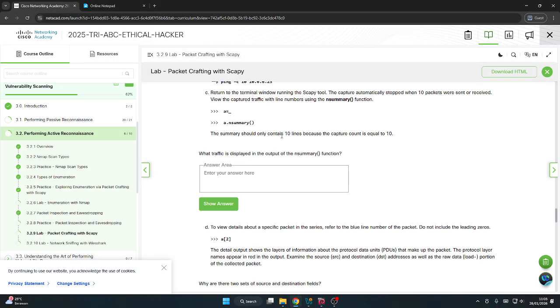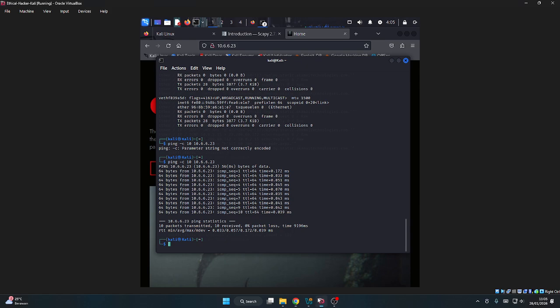What traffic is displayed in the output of the summary? We can try to use this again.